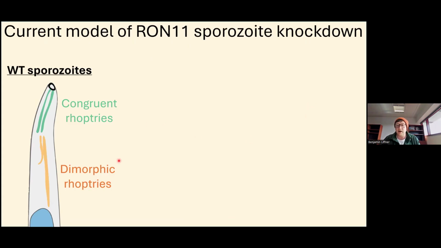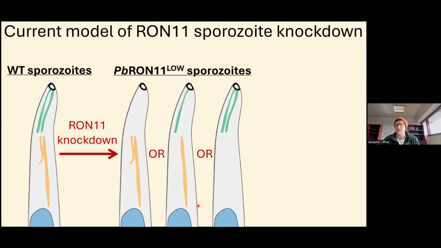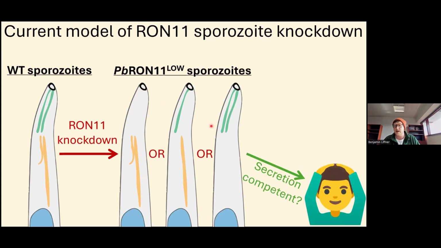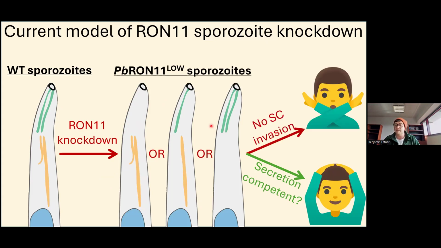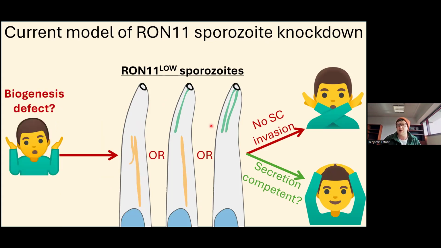So putting this together, we have our congruent rhoptries and our dimorphic rhoptries. In the RON11 low parasites, however, we only have 2 rhoptries. At this point, we can't be sure of which of these combinations we actually have, or if it's a mix of all 3. But whatever the rhoptries that do get made, it seems that they're still capable of secreting if they do get to the salivary glands, but that they fail secretory cavity invasion, which recapitulates what we see for RON11 in merozoites. What we don't know at this stage, however, is when the biogenesis defect occurs that leads us to ultimately having 2 rhoptries. In my last few minutes, I'll share a little bit of preliminary data